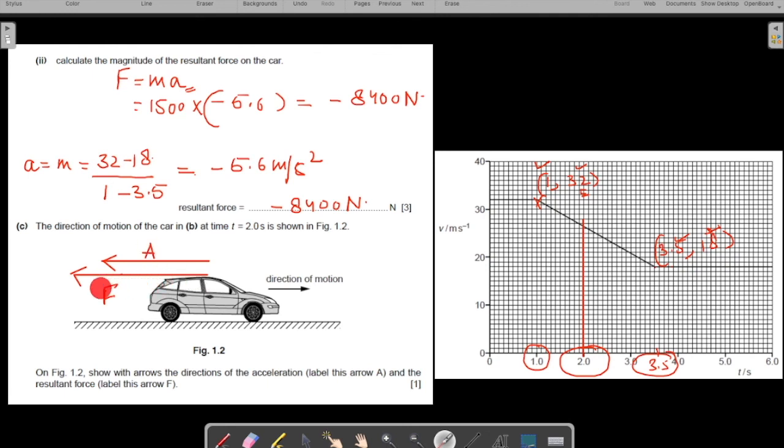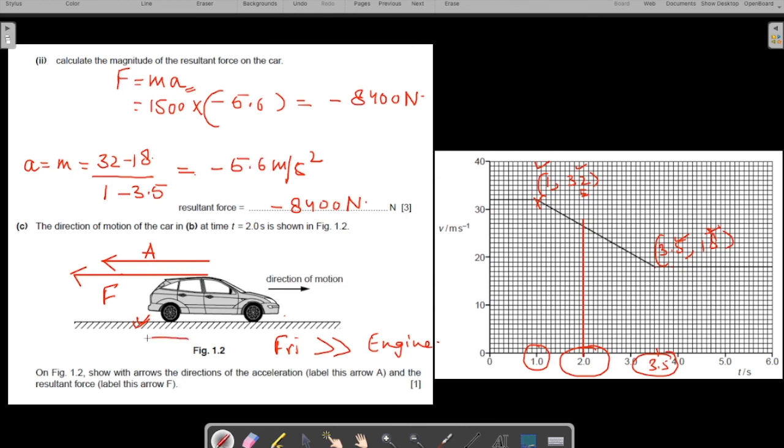Why is force in the opposite direction? Because the brakes were applied. So a lot of friction was created. The frictional force overcame the force of the engine. So overall resultant force became in the backward direction. Friction was very great as compared to the forward force of the engine, right? Friction was very large as compared to the engine force,